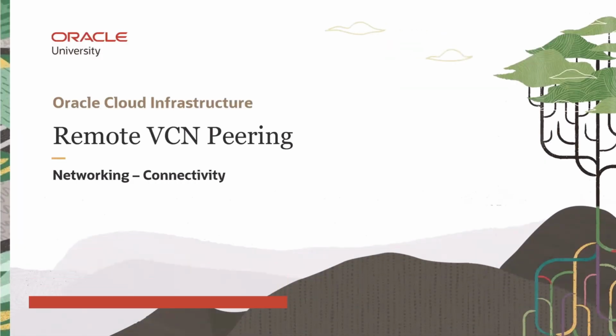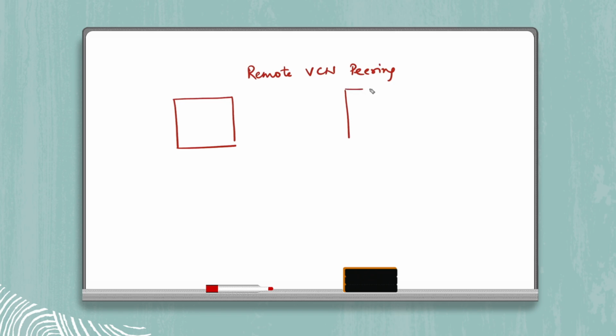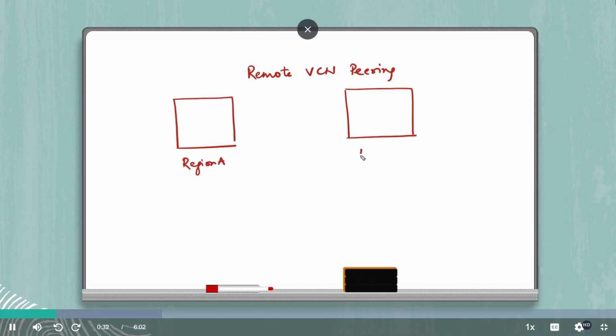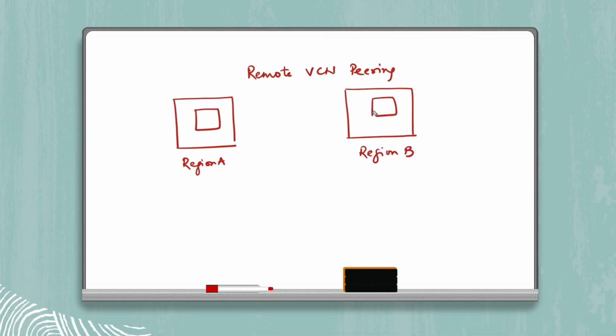Let's get started. In the previous lesson, we discussed local VCN peering, which means connecting two VCNs in the same region. Now, in case of remote VCN peering, we will have two different regions. So let's say this is region 1 or region A. This is region B. We have two VCNs, VCN 1, VCN 2. So the process of connecting these two VCNs in different regions is what is known as